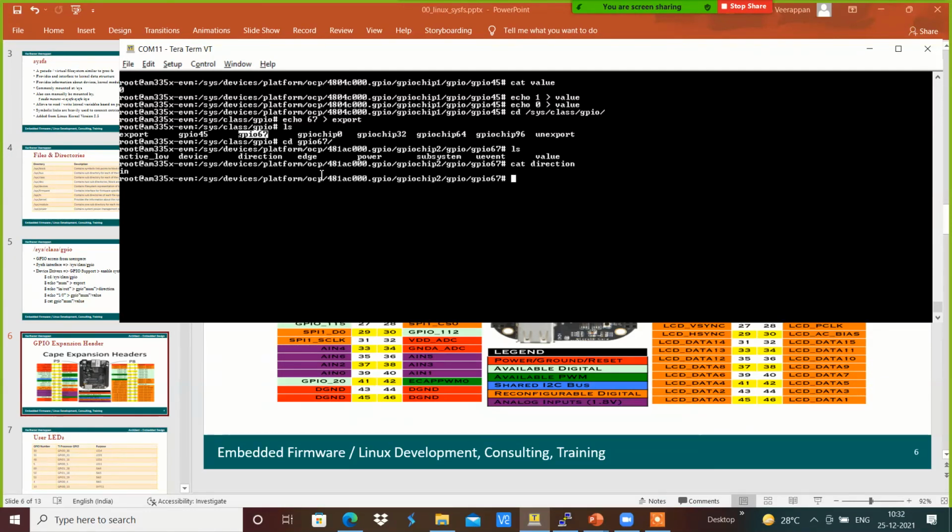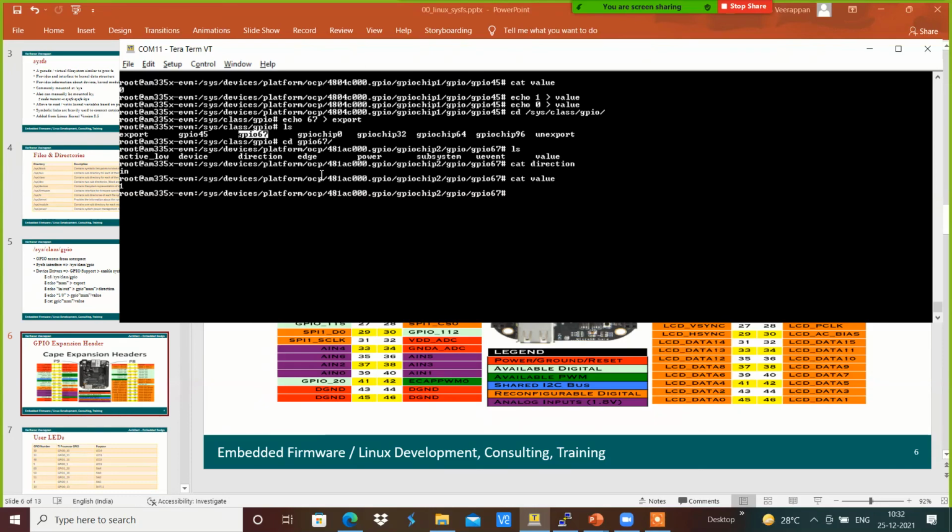To read a keypad, we require an input, because we have to read whether the value is high or low. That is why we keep the direction as input. I am going to read the value.